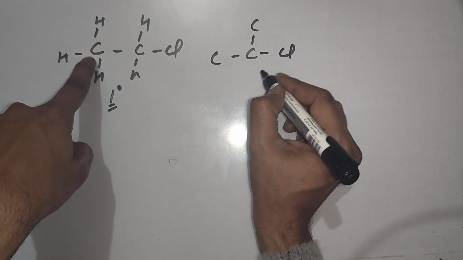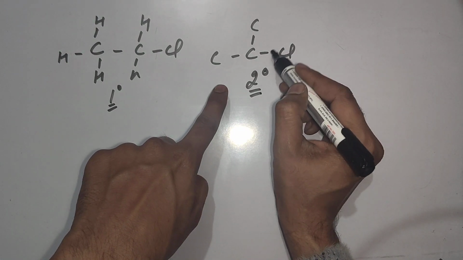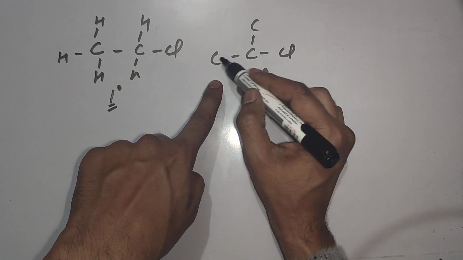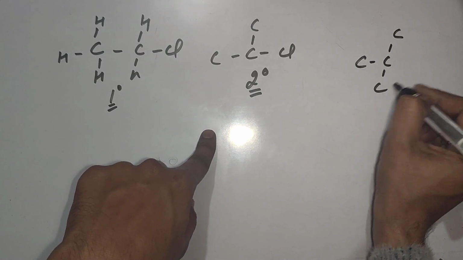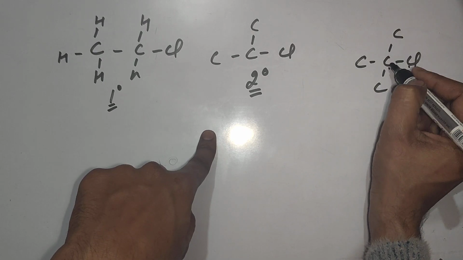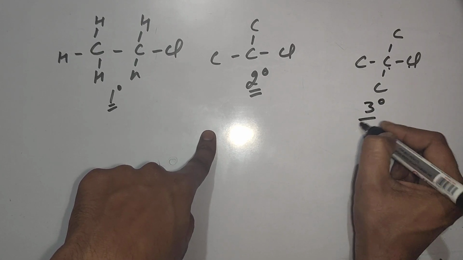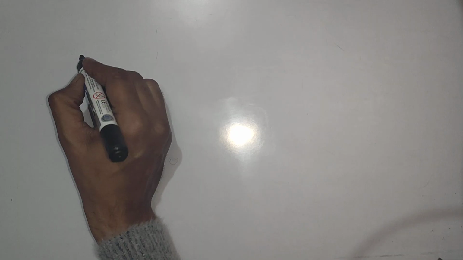If we have such condition, this will be 2 degree haloalkane. The carbon to which halogen is connected is further directly connected to two carbons, so 2 degree haloalkanes. Similarly, we can have this carbon which is connected with halogen and further connected with 3 carbons, so it is 3 degree haloalkane. Now, these three type of haloalkanes, if are undergoing beta elimination reaction, for example,